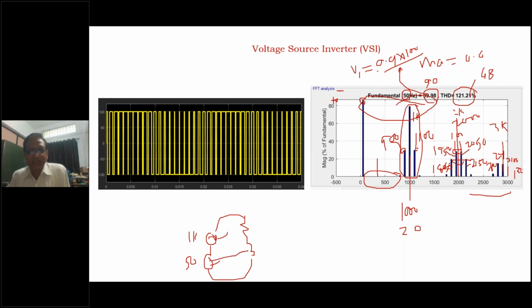Now for the fundamental frequency, suppose this is a reactance XL, its value is, for example, 10 ohms. For 1K the frequency is 20 times more, 2 pi FL, so this value will be 20 times more, 200. Now again consider just this example. This voltage is 100 volt, just an example. So the harmonics voltage is also 100 volt. So this is 100 volt, this is also 100 volt.